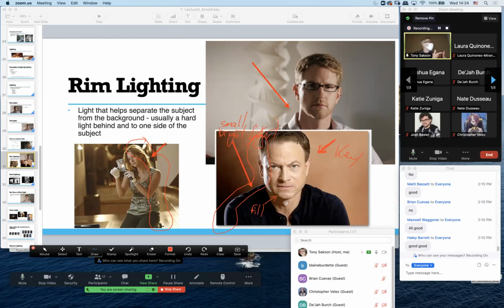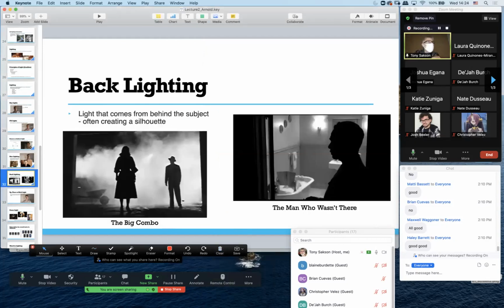So usually a hard light behind the subject to one side helps separate subject from backdrop. Now, we get into using a backlight. The backlight is usually aimed at the subject. The subject is in front of the light, and then the camera sees the subject. So it's usually camera, subject, light behind subject, throws the subject usually into silhouette because the background is brighter than the subject. Very effective